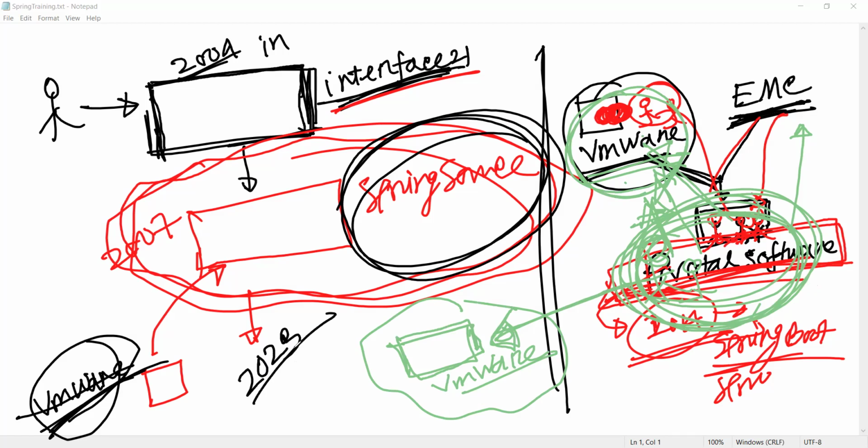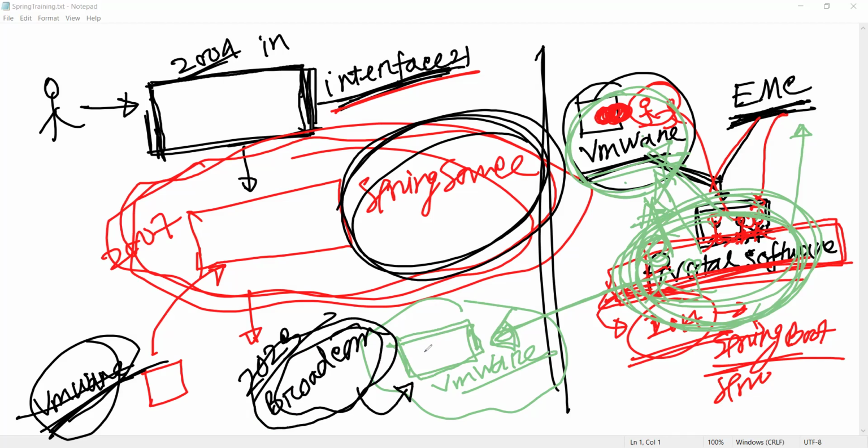One minute, I have to take a screenshot. Another company purchased this VMware company again, right? So right now Spring is managed by that .com company. Any confusion to understand this?